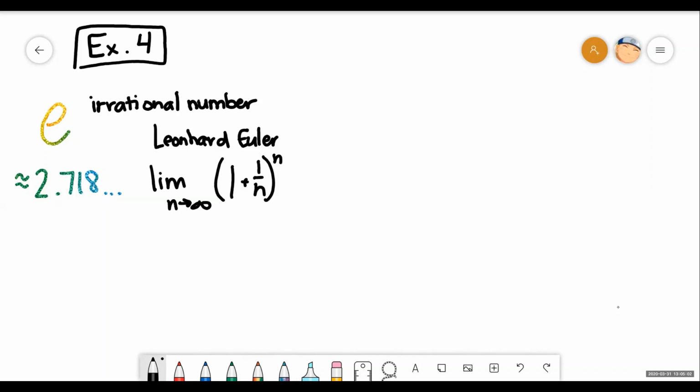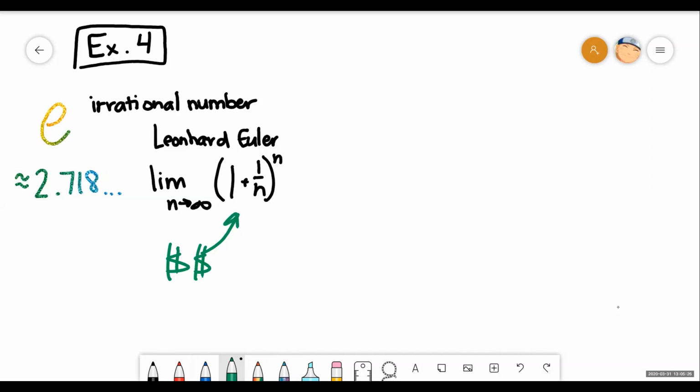We talked about them in class before. This thing here we will be using when we talk about money in the future. It's going to look very similar. But they did some work with this and discovered that this limit approaches this never-ending number, 2.718, blah, blah, blah. Okay,